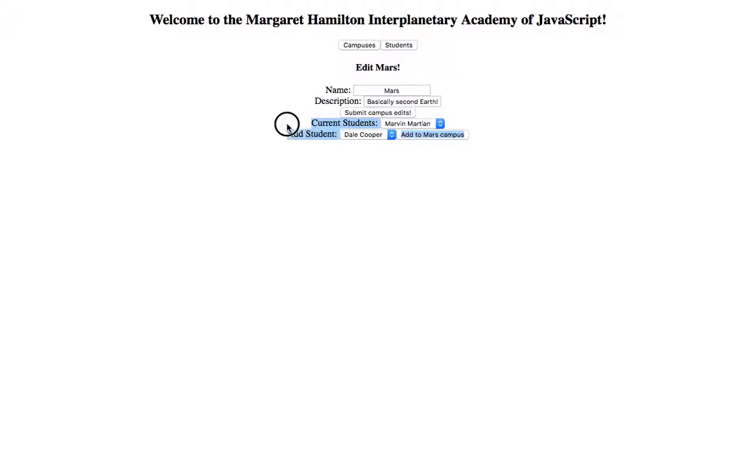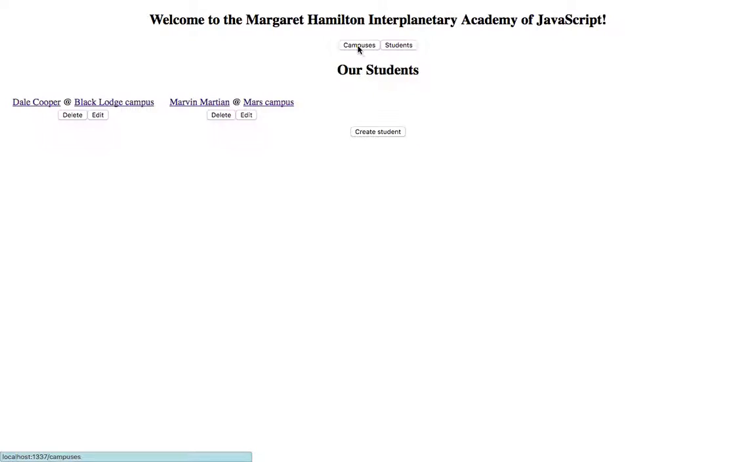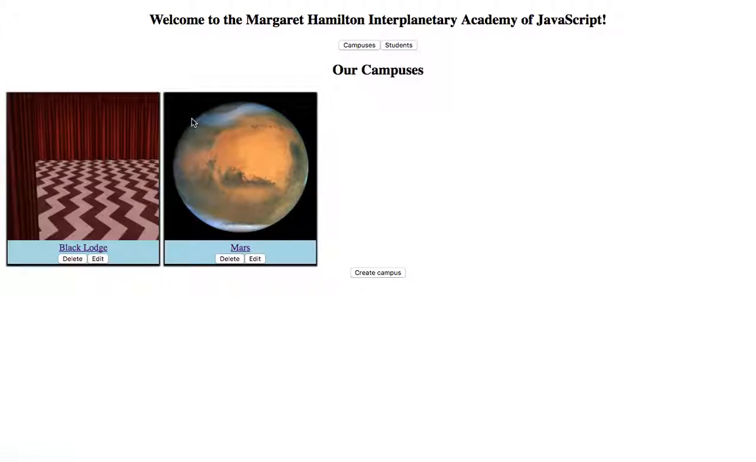So this is one bit of functionality that I did not complete, was the adding students to the campus and removing them from the campus. However, if we submit campus entries, basically second Earth, a little more excitable. So this is the website as it stands. We can post and update,